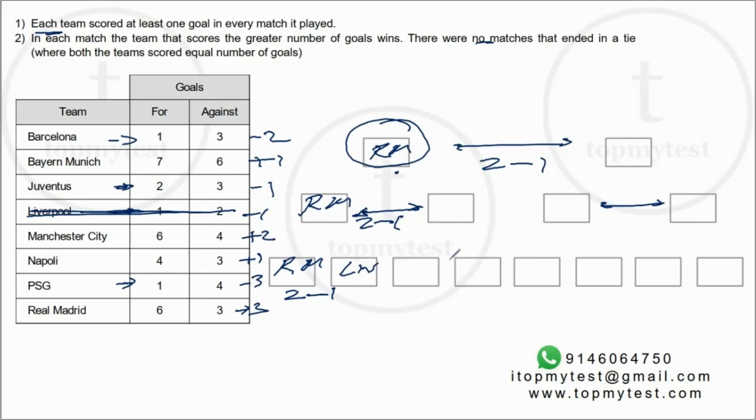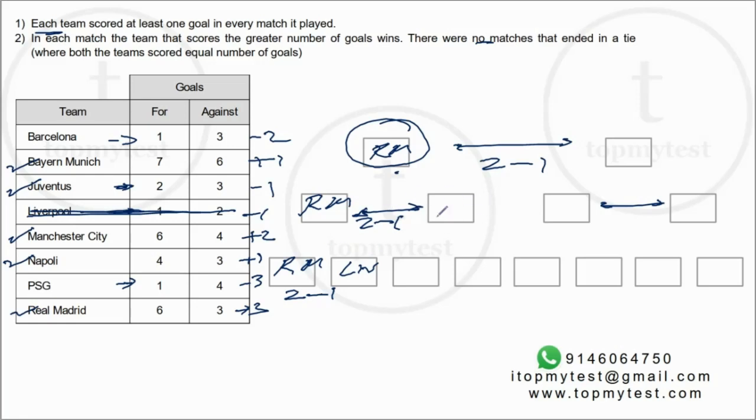Okay, now let's see what happens in the second round. We'll start with Real Madrid and then we'll fill up all the other parts, because we don't know who PSG played against, who Manchester City played against, who Bayern Munich played against, who Barcelona played against. So let's look at Real Madrid. We know Real Madrid also won the second round 2-1. Now, because these 4 teams, Barcelona, Juventus, Liverpool and PSG lost in the first round, we know Bayern Munich, Juventus, Manchester City, Napoli and Real Madrid went to the second round.